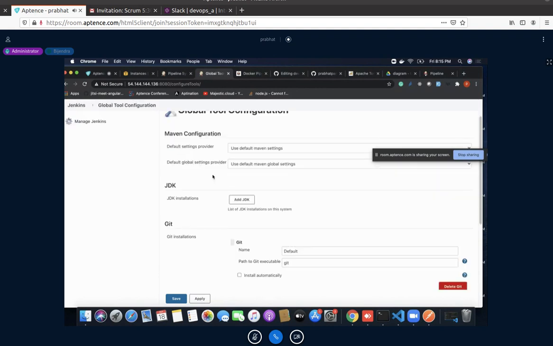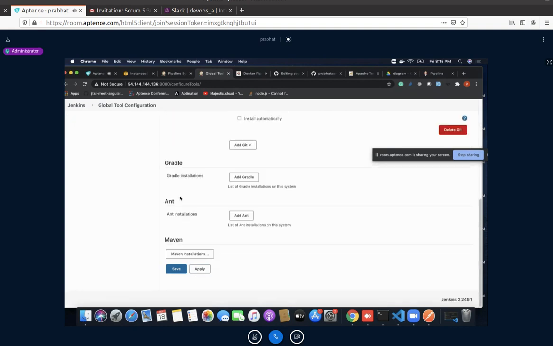Maven works at OS level, JDK works at OS level, and Git, Gradle, and Maven are tools that work at OS level.